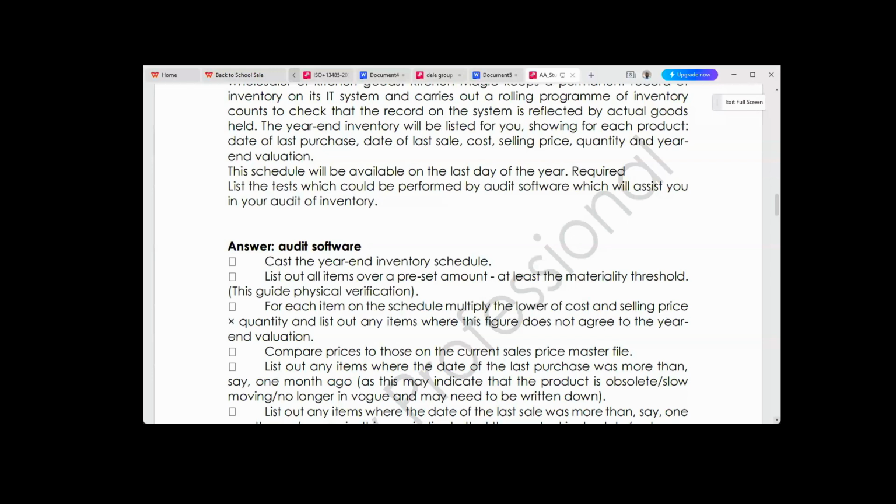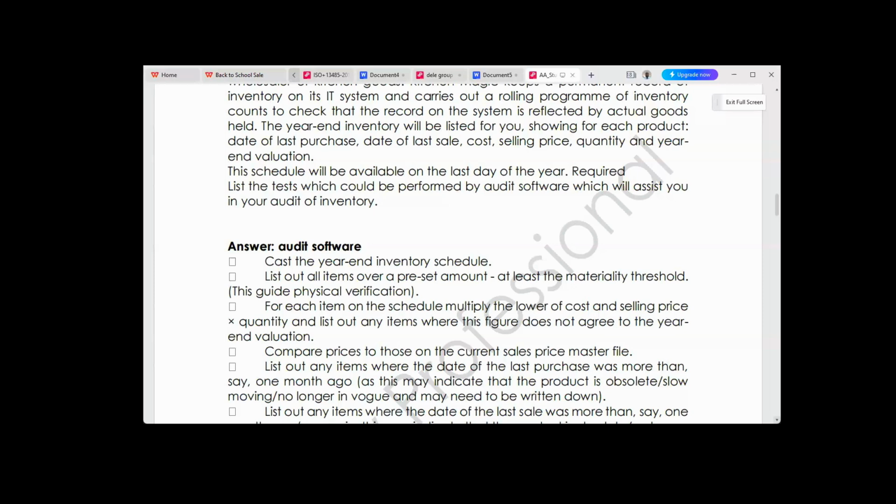I hope you get that. Then compare the prices of those with the current sales price master file. You have a current sales price master file. That is the price that it was originally set at, that was approved by the